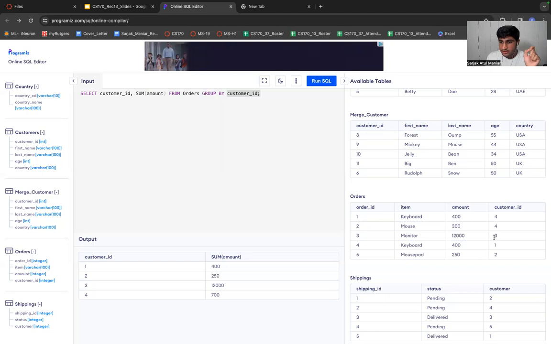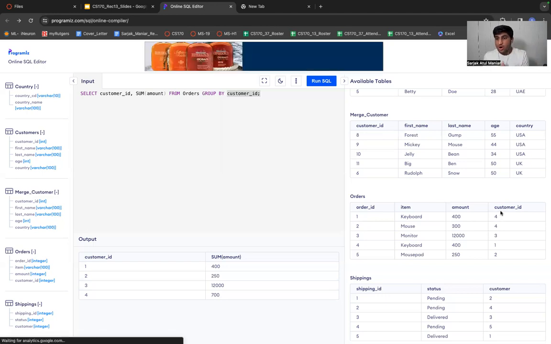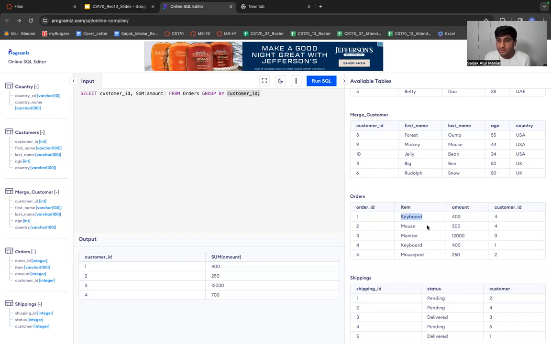So the customer with customer ID 4 has ordered 2 items, keyboard and mouse, for which the amount is 400 and 300, and they still have 2 different order IDs. There's a requirement where you want to see the summation of the total amount spent by each and every customer on this particular day.